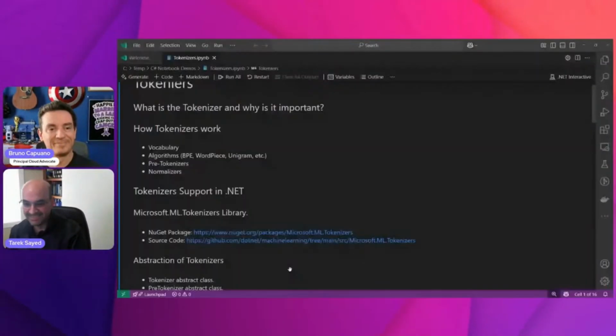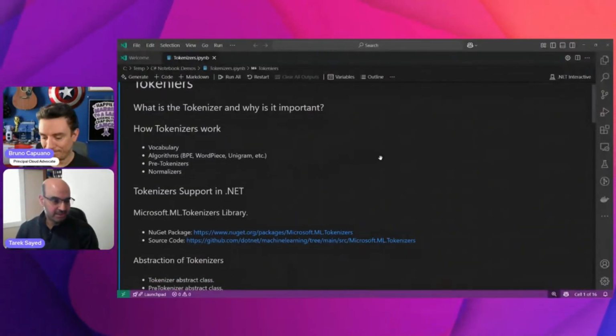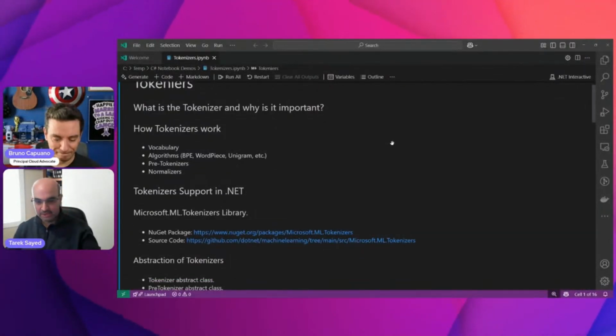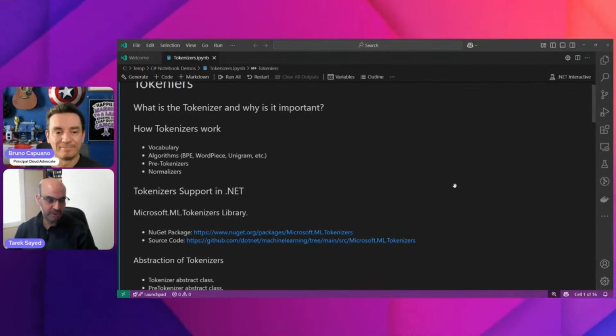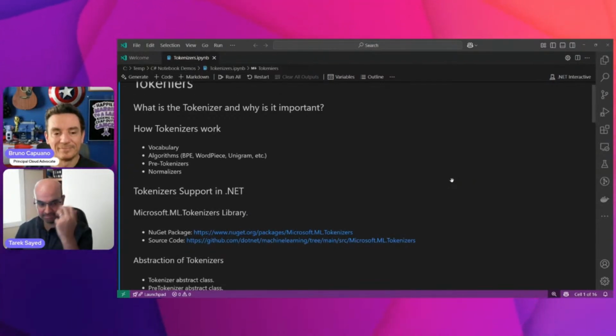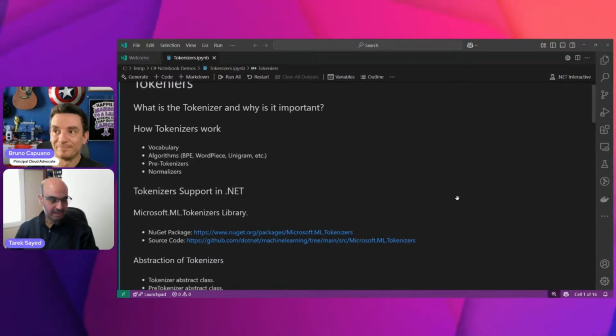We are back now. As you mentioned, we are releasing this library as a NuGet package. It already exists today, so you can play with it. You can just reference this package inside your code and use it. And we showed where the source code is in GitHub, and you can play with it.